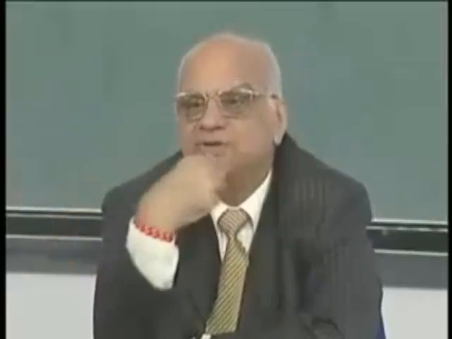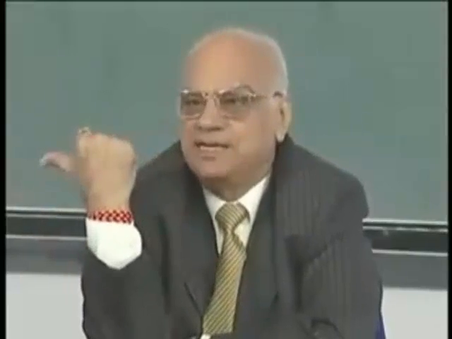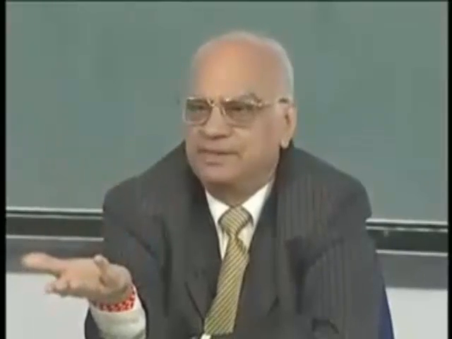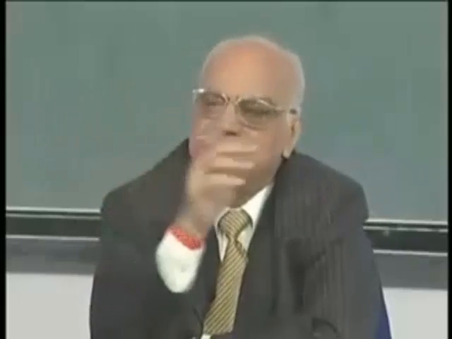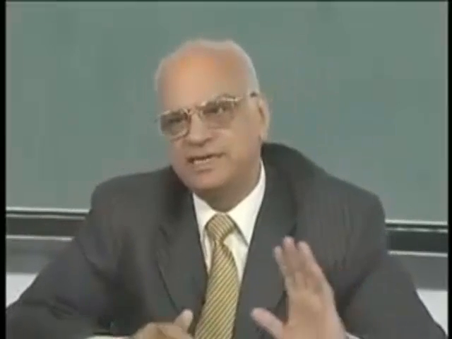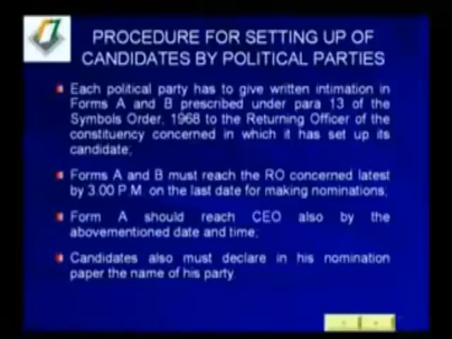Whosoever has come to you claiming that he is the party candidate, he has given you the nomination paper, and his form B is also there, we will treat him as the party candidate, unless that has been cancelled. If there is a cancellation, that is a different matter. But where there is no cancellation and a confusion is there, we will go only by the time of the receipt of the first nomination paper. Whosoever has come to you first, we will treat him as the party candidate. That we have now clarified. So this is what has to be done by the party.